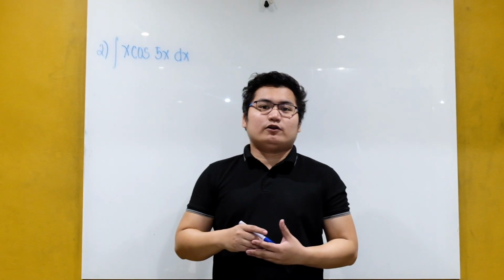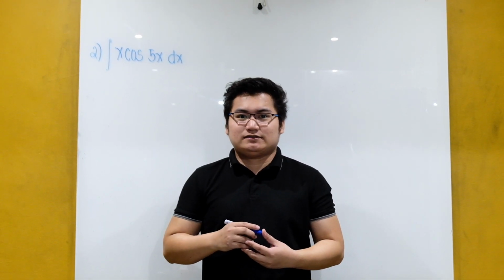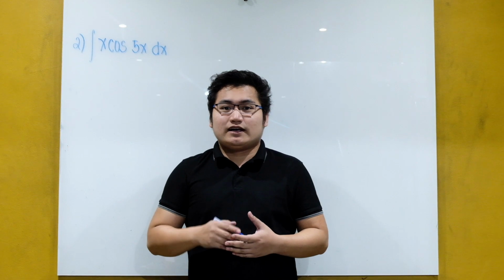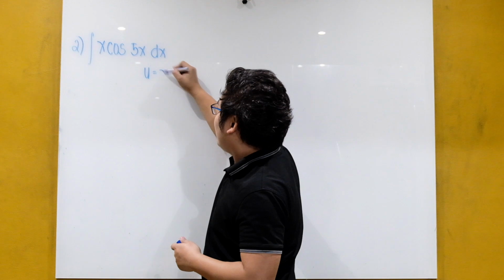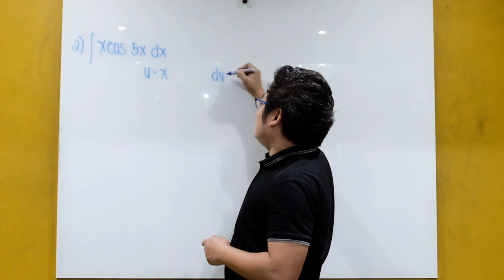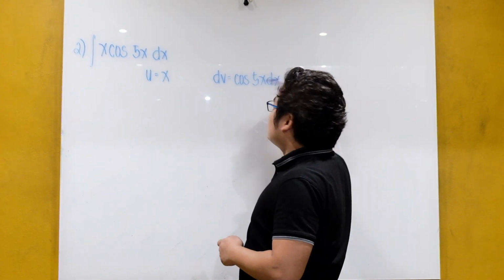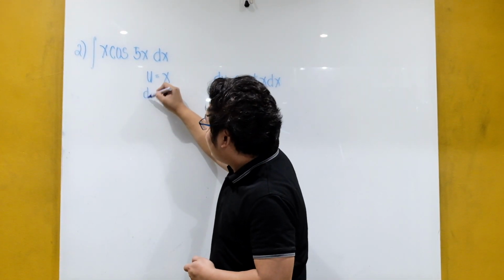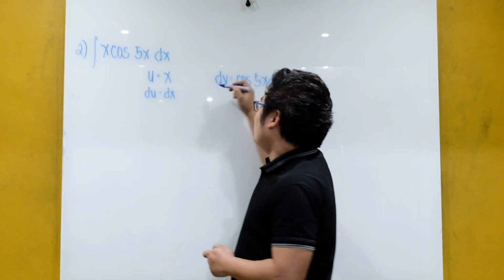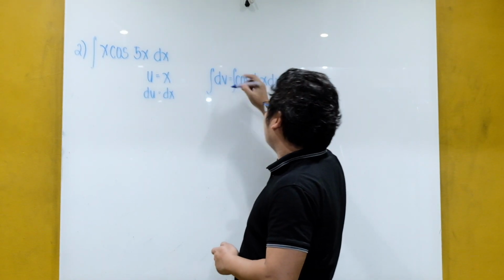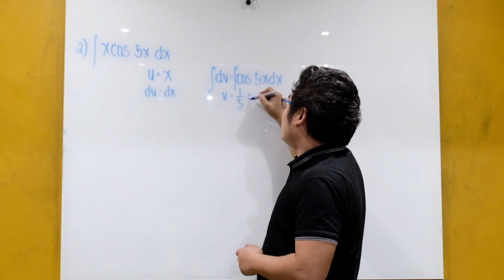For our next example, solve for the integral of x cosine 5x dx. Since the integrand contains algebraic and trigonometric functions, u is equal to x and dv is equal to cosine of 5x dx. So taking the derivative of u, du is equal to dx, and taking the integral of dv, which is the integral of cosine 5x dx, we now have v is equal to 1/5 sine